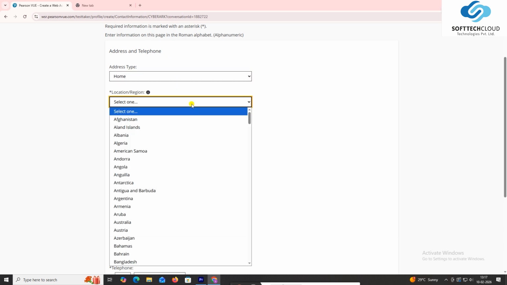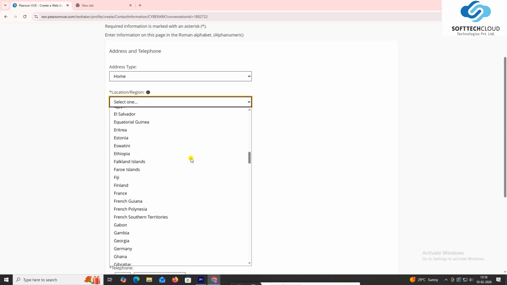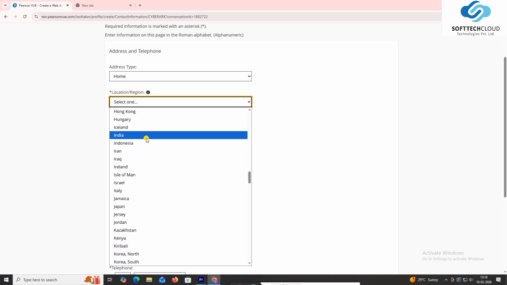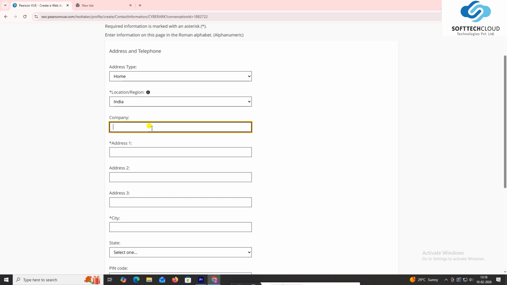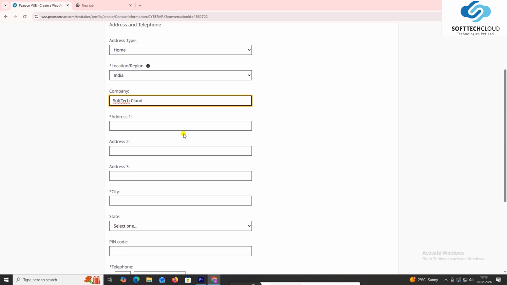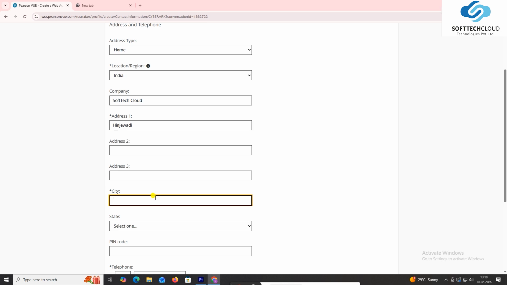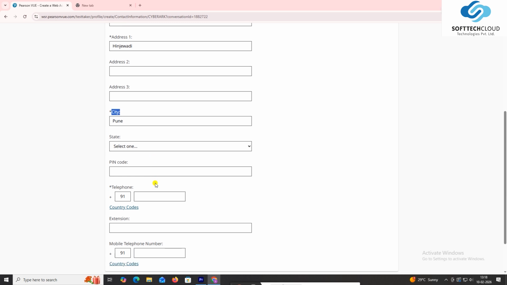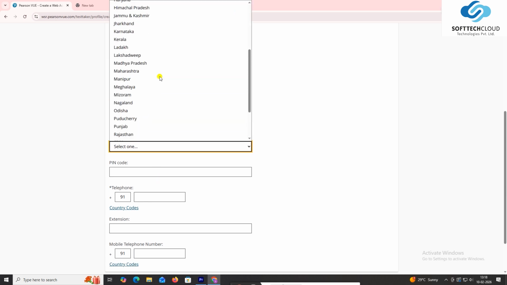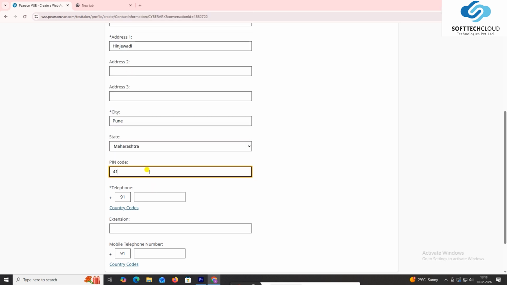Address, home, then location, India, company name, Softech Cloud. Then enter your company name here, Softech Cloud, your address, Hinjewadi, then your city, Pune, then select your state, then your PIN code,